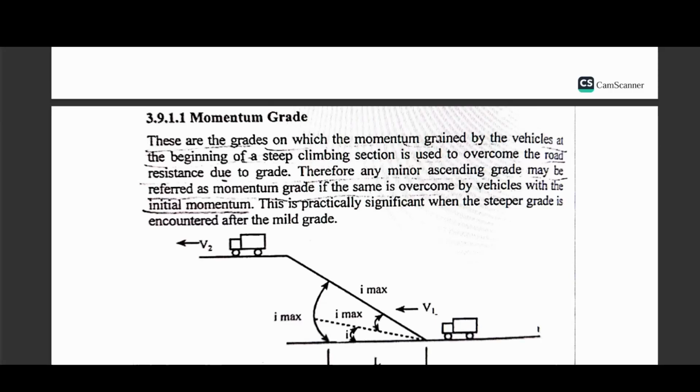So hello everyone. Today we'll be starting the vertical curve, and in the first portion of the vertical curve there is a momentum grade. So what is momentum grade? Momentum grade is basically the grade on which the momentum gained by the vehicles at the beginning of the steep climbing section is used to overcome the road resistance due to the grade. The vehicle is moving with certain momentum, right? It will be momentum, and this momentum is used to overcome the grade resistance that the grade will be providing